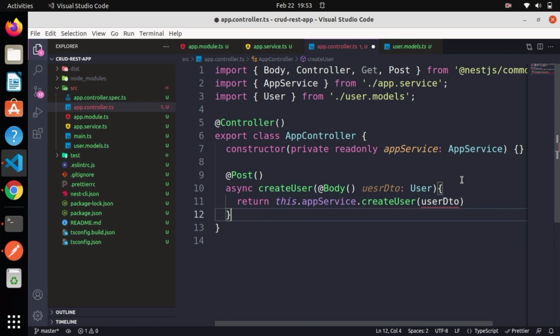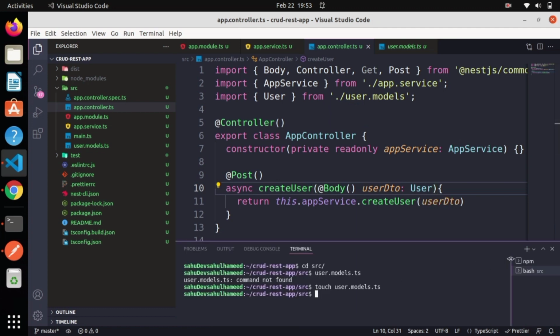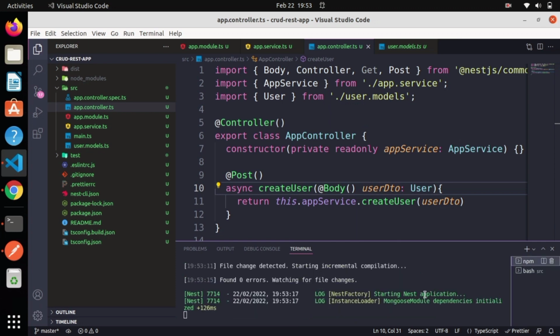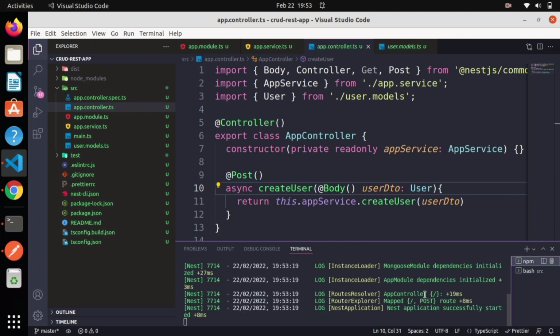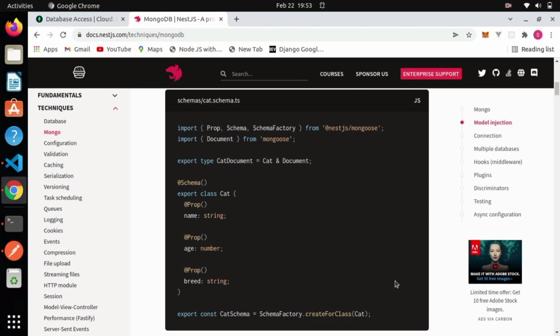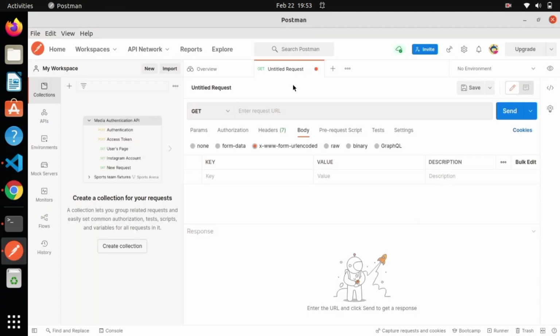Okay, userDto, right? I spelled it wrong, so that's why it shows an error. Okay guys, we are done with the logic of creating user. Now let's check whether it has any error or not. Okay guys, we don't have any error. Let's get back to the API. I successfully created a workspace, and just choose post request, because we are going to send a post request to this